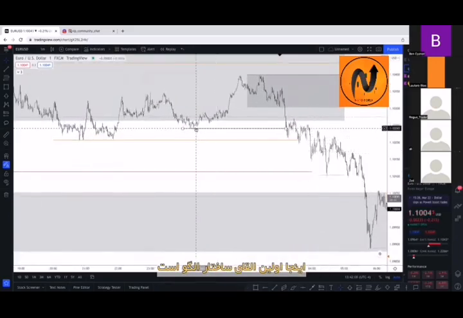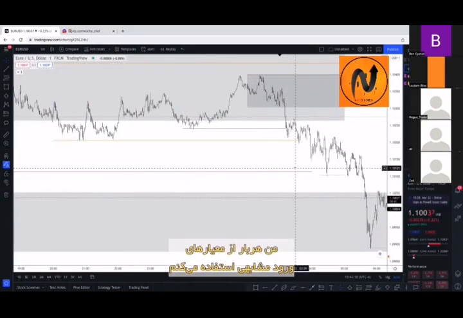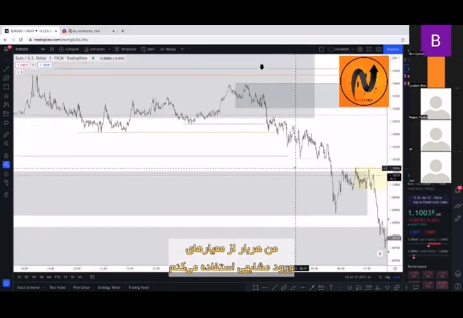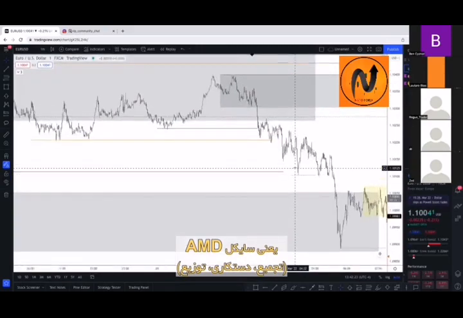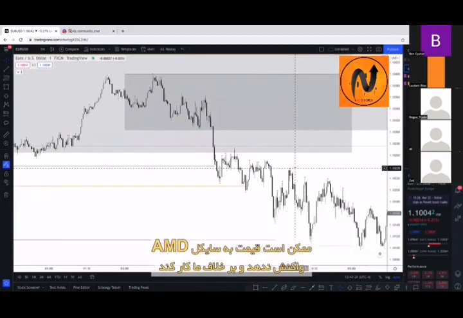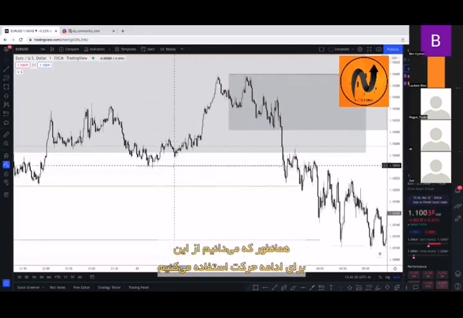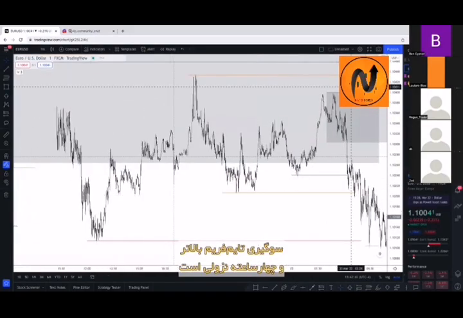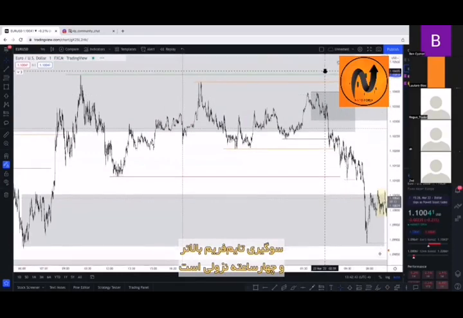Coming over here was our first inducement of algo structure, right? This gray area right here. And I used the same entry criteria every time. AMD cycle, right? One thing I was just going over with one of my one-on-one students, we may not respect the AMD cycle. We may actually use it against us. As we know, this is used for what? Continuations. Our high time frame and 4-hour bias is short,